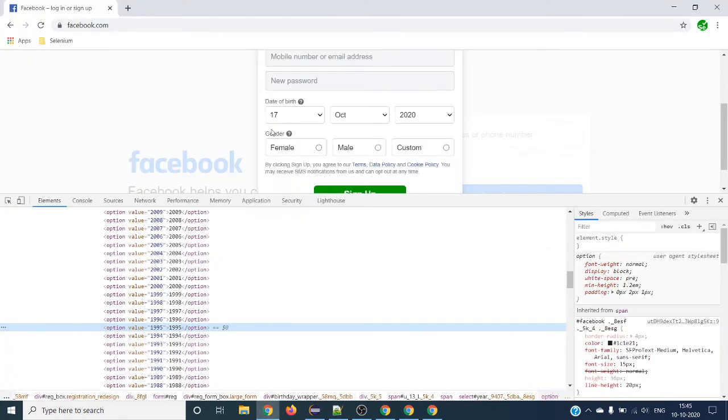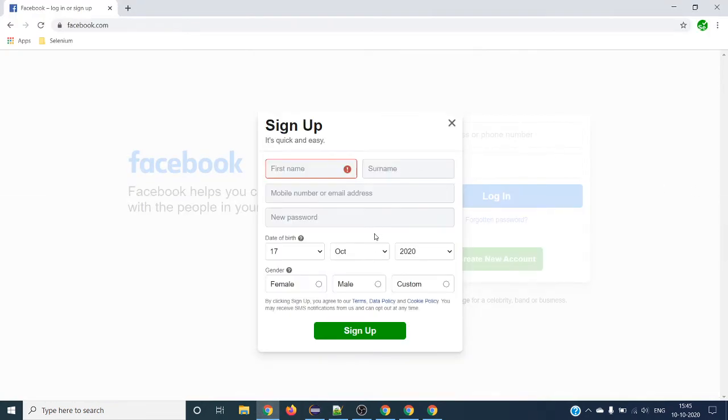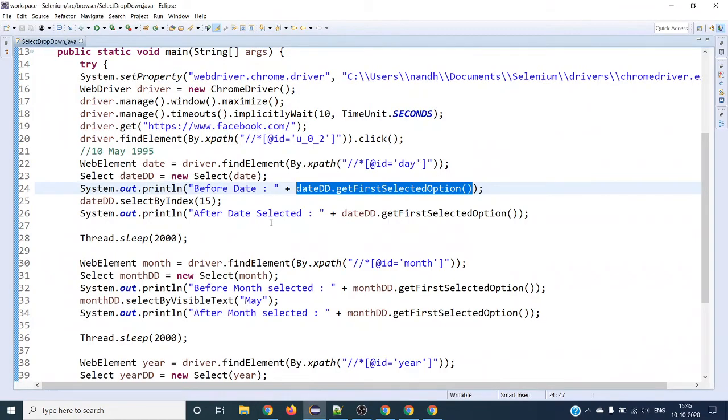Say for example, by default here, right, it has to select today's date. Say for example, when clicking on create new button, it has to select 10th October 2020, that is today's date. So it should be a 10th. If you are working on this, the default value you have to verify, right, based on this condition only. This is also one validation that you have to do when you are developing any test case. So here instead of printing, you can give testng assertion class with today's date. And after that, what is the value it has selected? So both you can assert over here.